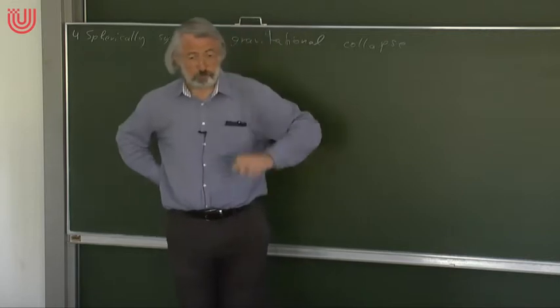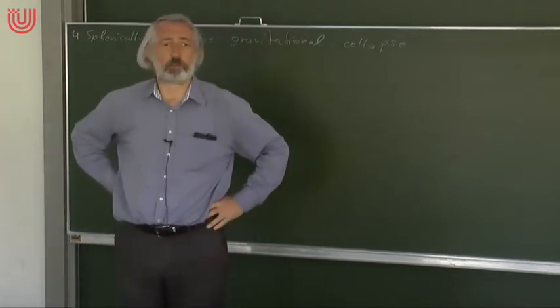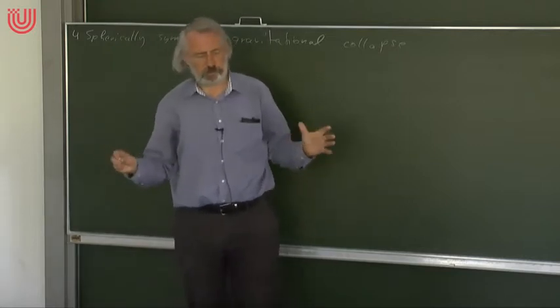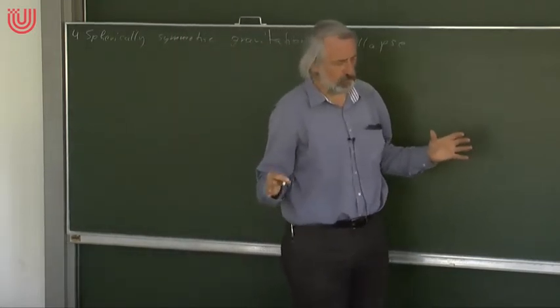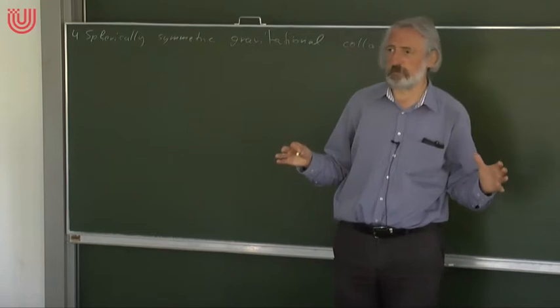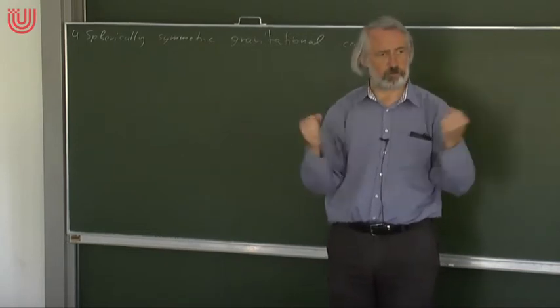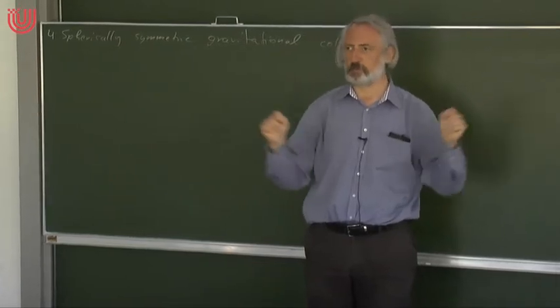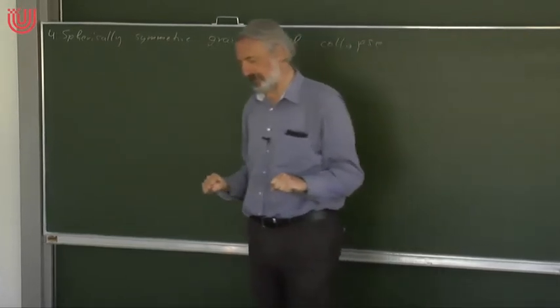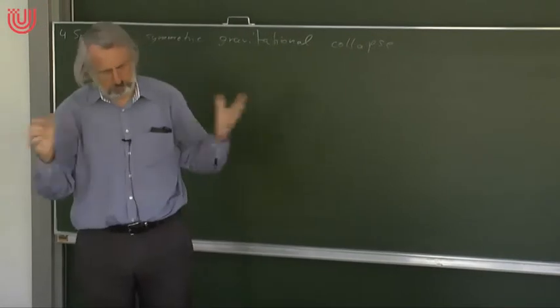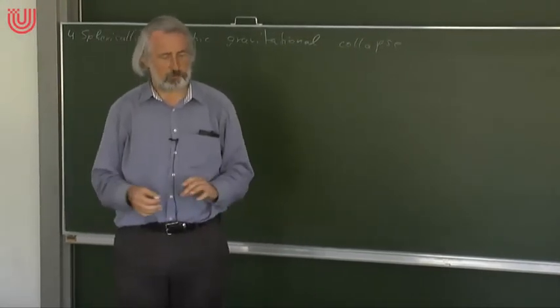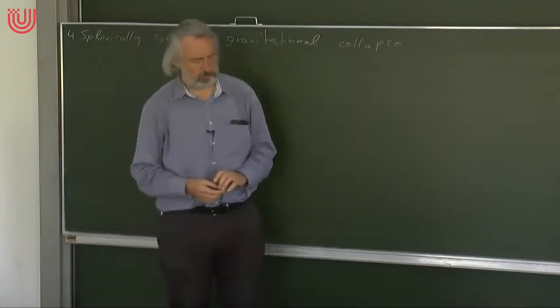So let me begin with a few general remarks on what might happen with a star if it becomes unstable. An ordinary star like our Sun is stable. Why is it stable? There are two forces which balance each other. There's a gravitational force which wants to contract the whole thing, and then there's a pressure which wants to push it outward. And for the long lifetime of stable stars, these two forces balance each other.